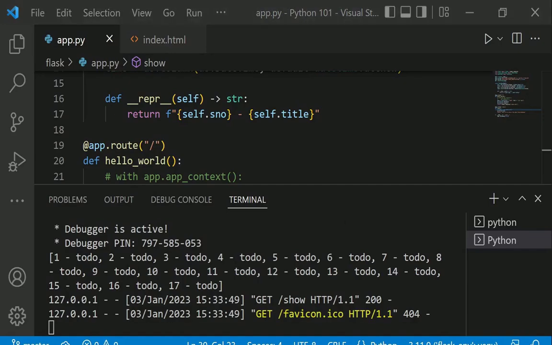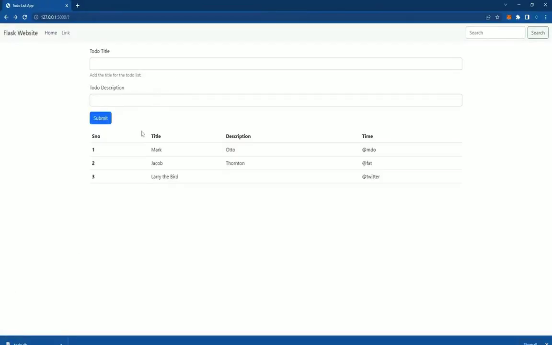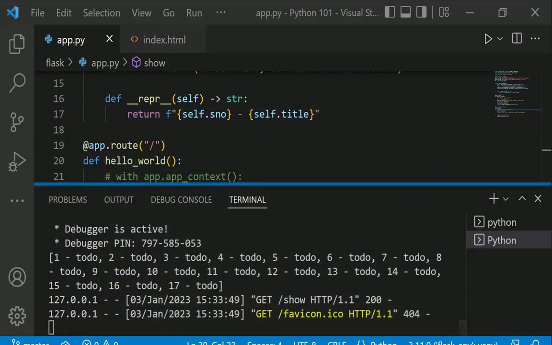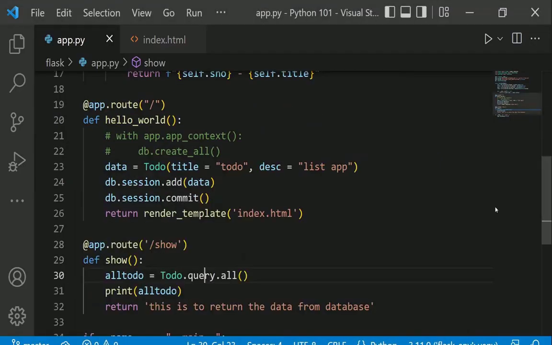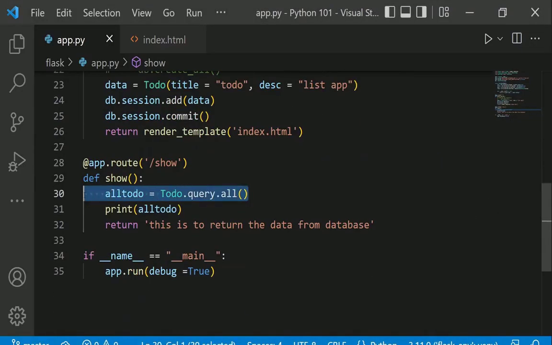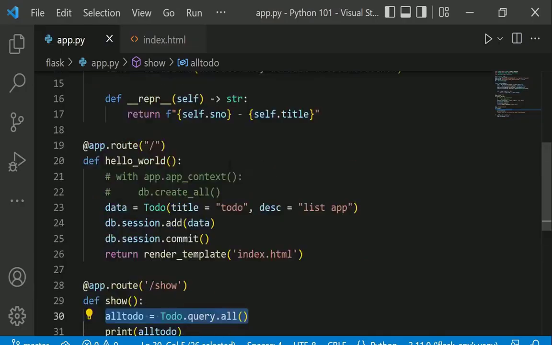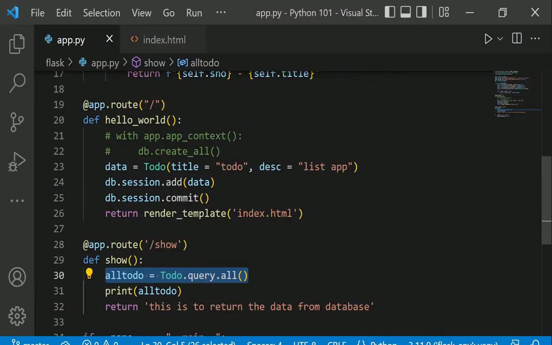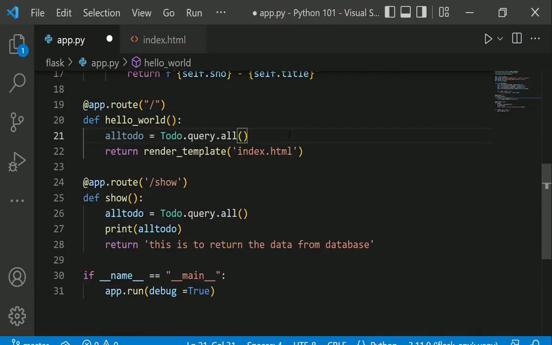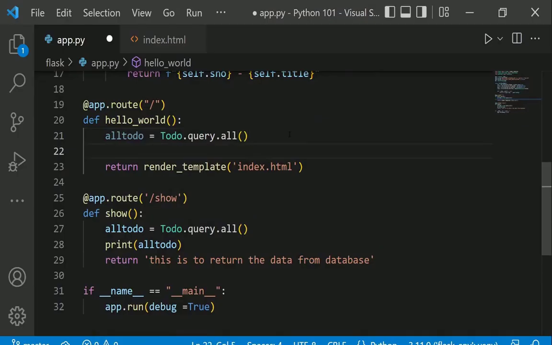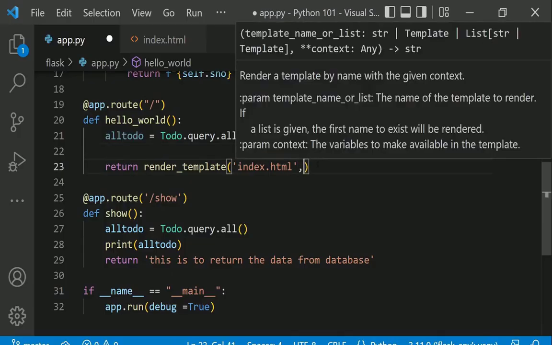After that, we will just try to fetch the data of this to do and try to show it in this table. For that, what we can do is come over here and close this thing, and we're going to be copying this command that is to show all the data, the query, and we will add it over here. And after that, we're going to be returning this to do as well inside our index.html file. So we will just do all to do,